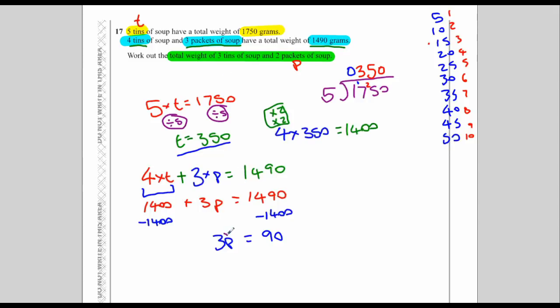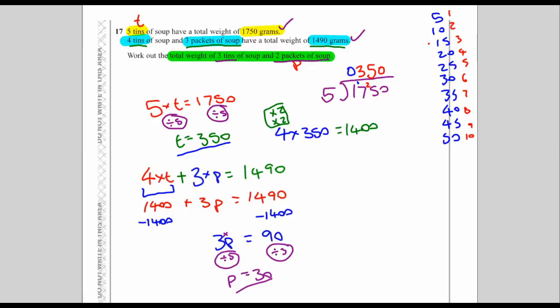We've got 3 times p, so we're going to divide both sides of the equation by 3. Gives us p on this side. 90 over 3 is 30. So 1p is 30. So we've done this bit. Now the final answer is going to be the total weight for 3 tins of soup